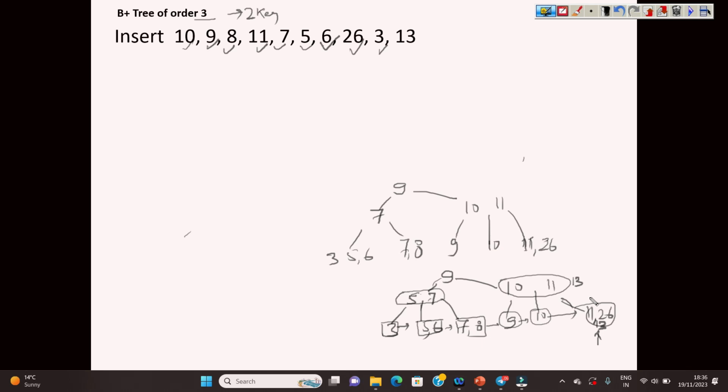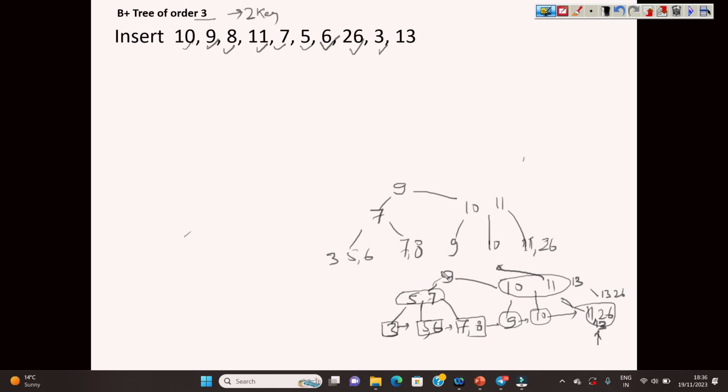We get 11 and we get 13, 26. Let me show you here. This is actually being split. So after splitting, the 11 will remain here. 13 will move to here as a parent node, you can say, and 13, 26 as a child node here. Now this node of order 3 again has three, which is not permitted. So we are going to split again, and 11 is going to move up.